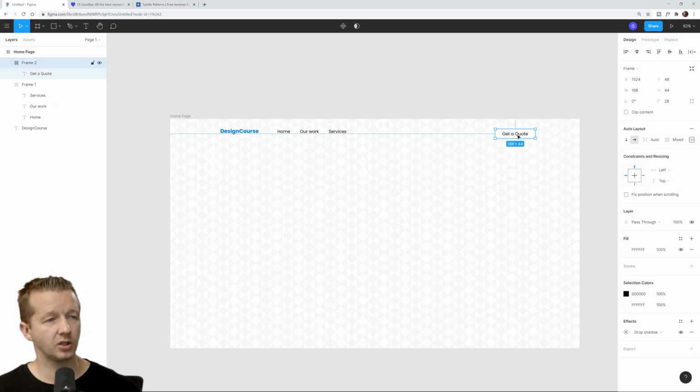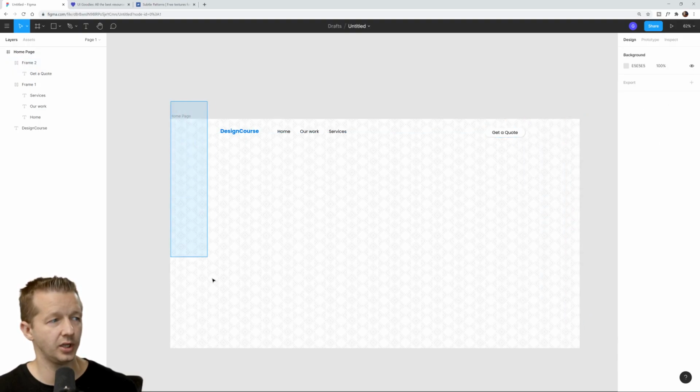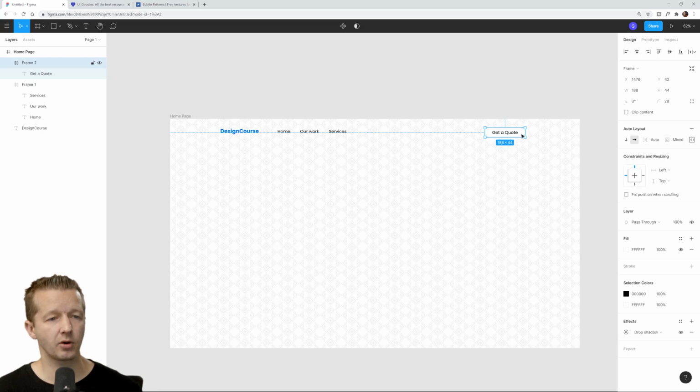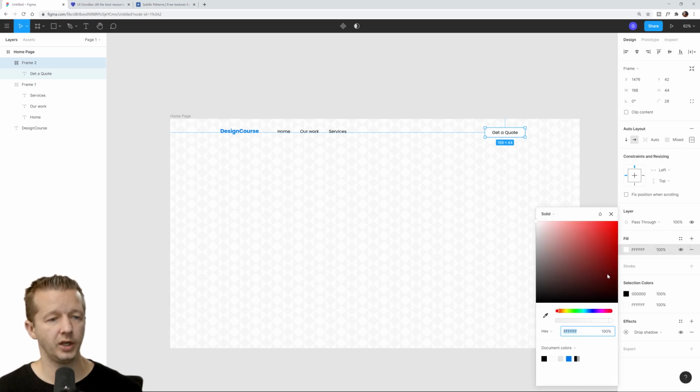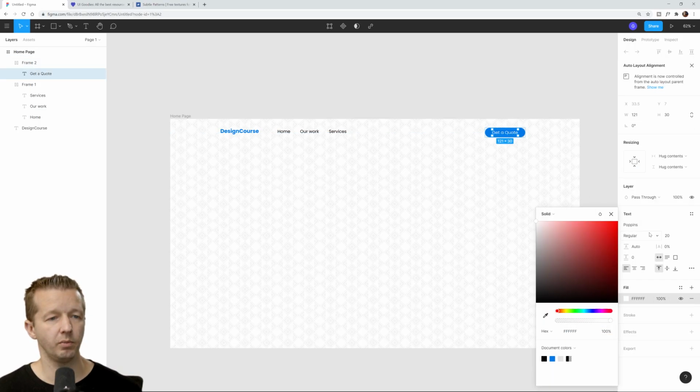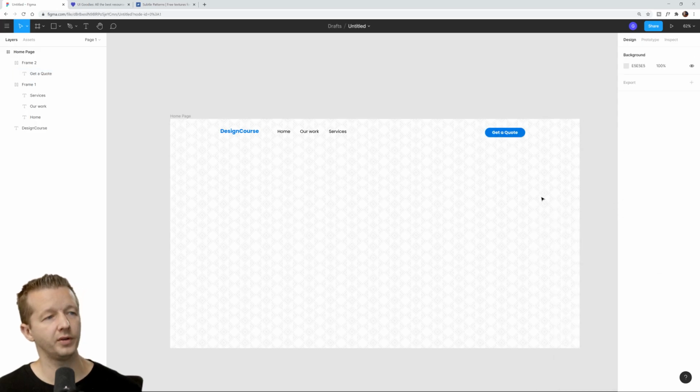So now let's go ahead and get this adjusted. We want to make sure it's centered where it needs to be. You want to make sure you can eyeball it. It's okay to have an even amount of white space here as you do here. And the one thing I would change about this call to action is that I would make it stick out a little bit more. You could do a couple things in order to achieve that. You could take the background, for instance, and make it our primary color. And then we can make the text white and bold. So now this button really stands out like a proper call to action. Or you can make it less subtle,